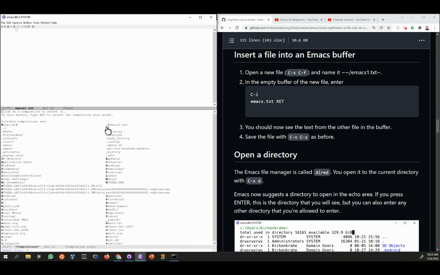I see a bunch of things here actually. For example, here in the list of potential files, I see a hash emacs1.txt. This is actually the buffer up here that we just created by trying to create a file. But since it's not saved, it shows us the hash to indicate that this is still in the process of being worked on. So the file we want to insert here is the file we just imported earlier, which is